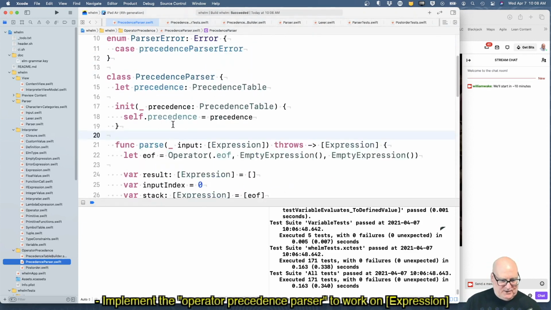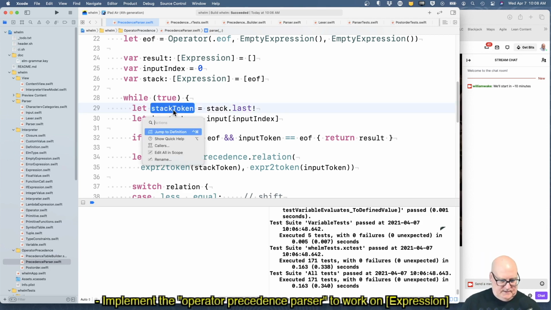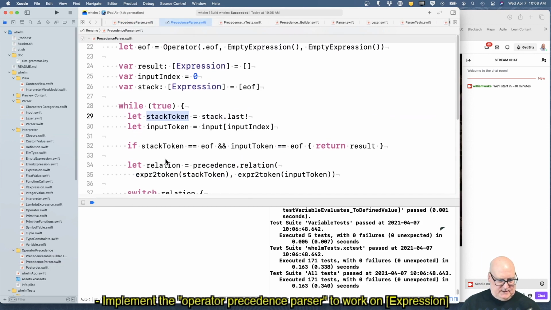I think we left tokens as a name. Stack input, yeah, stack token is maybe we could call it stack top. Would that be better? Let's do that. Top of stack.